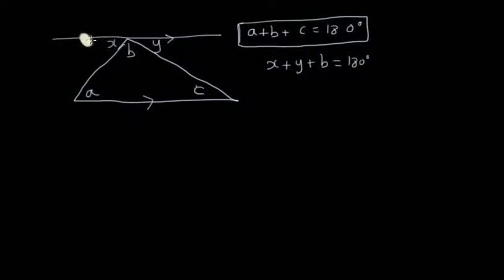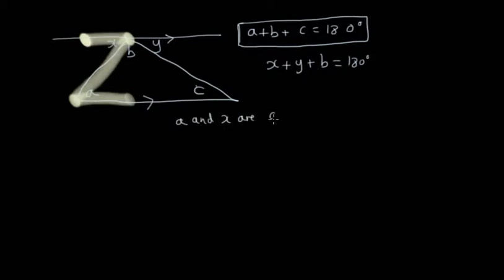So if we draw this, we can see that A and X are alternate. So A equals X,